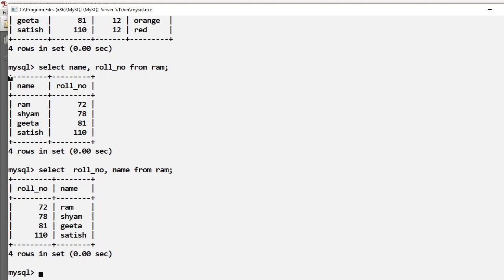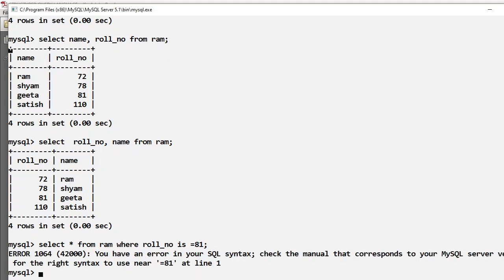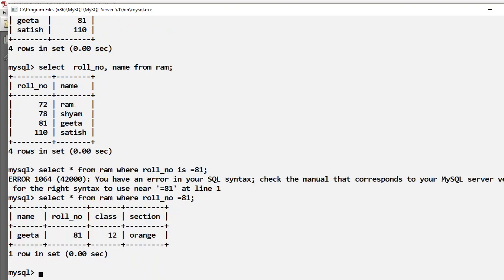Then my command will be select star from RAM where roll number is 81. Okay, I want to see who is roll number 81. Select star from RAM where roll number equals 81.